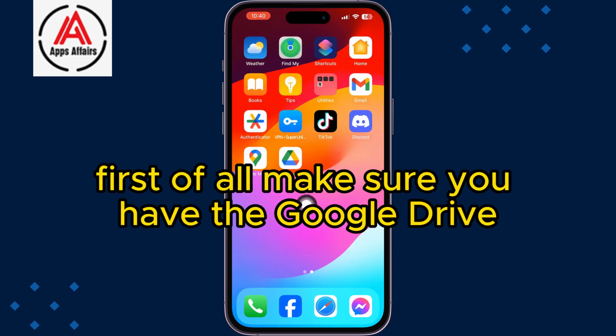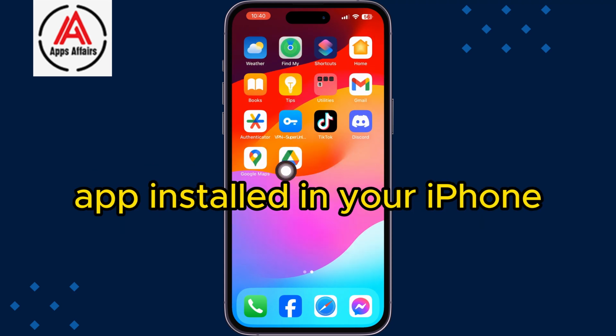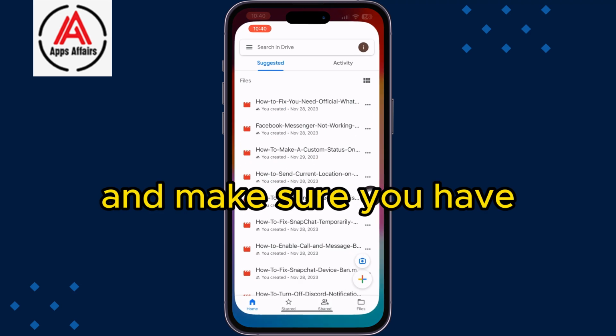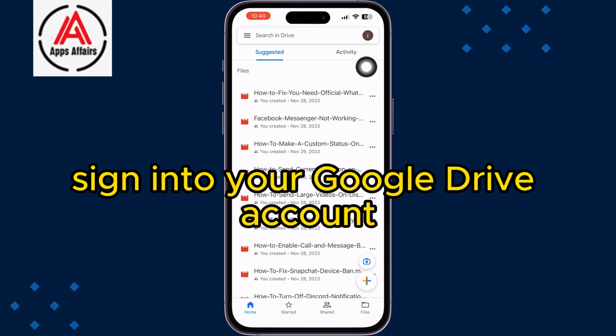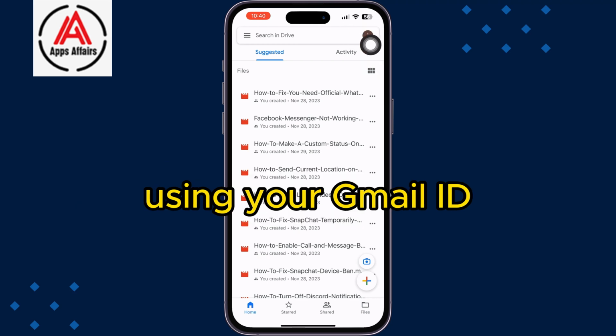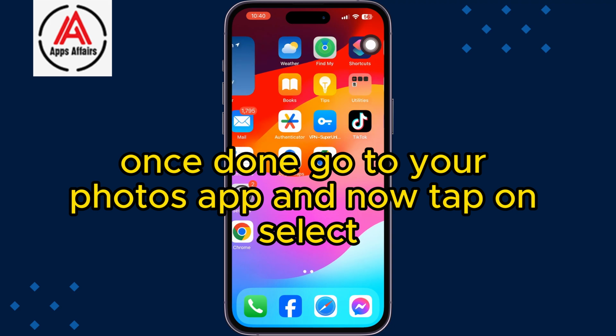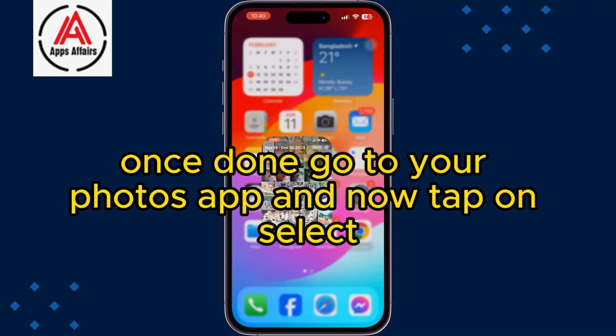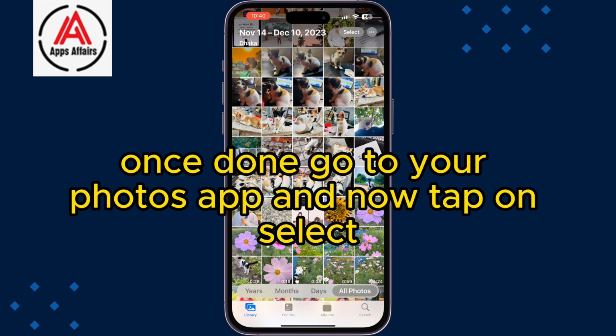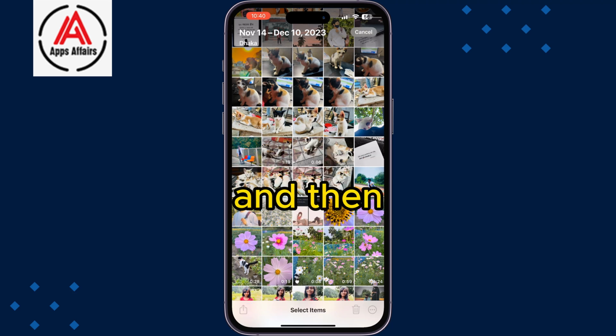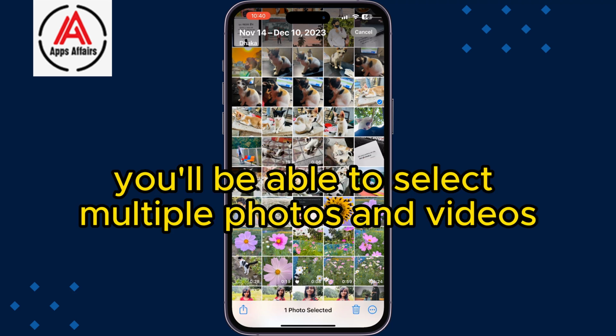First of all, make sure you have the Google Drive app installed in your iPhone, and make sure you have signed into your Google Drive account using your Gmail ID. Once done, go to your Photos app and now tap on Select, and then you'll be able to select multiple